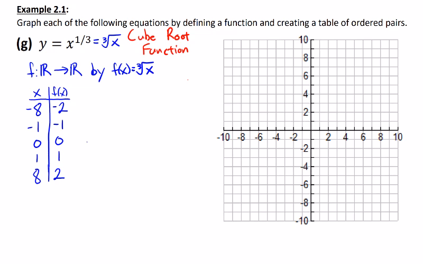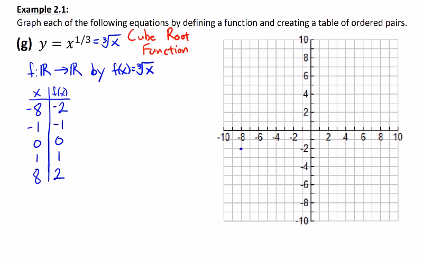And you'll find that that is going to be really kind of the opposite of what you had with the cubic function. If you look at the cubic function, the two columns that you had for x and f of x are actually switched. And that goes back to the same kind of similarities that you have in the squaring function and the square root function. So when we plot these,